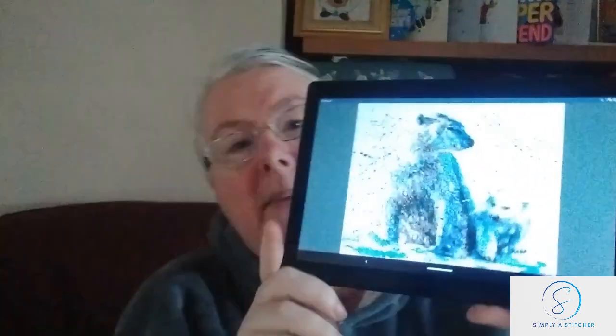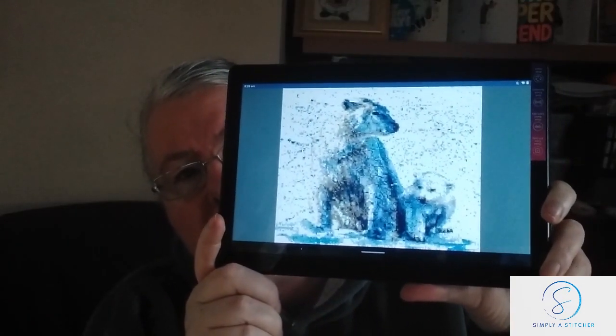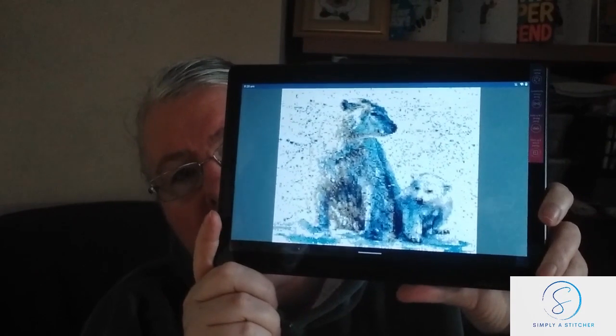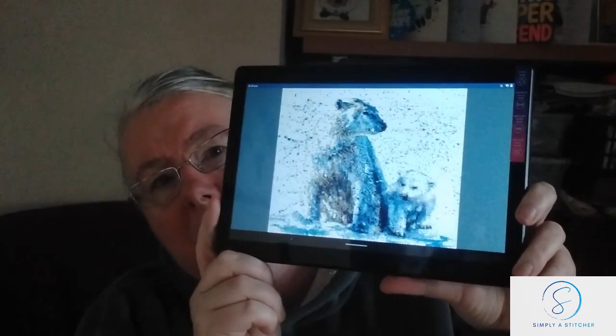So the second piece I worked on is this lovely piece, and it's a StitchingJules design. You'll find her on Etsy, and she also has her own website. This is Bear and Cub, and this one is my nearest to a finish at the moment, so I'll certainly be full coverage. Last time we saw this we were at 67.23%. We are now at